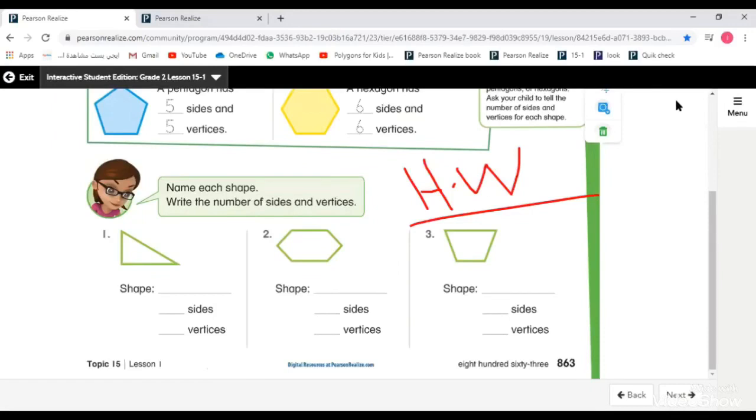Okay, did you understand the lesson for today? Yeah. You must practice to say the names. You must practice a lot to say the names. Triangles, quadrilaterals,